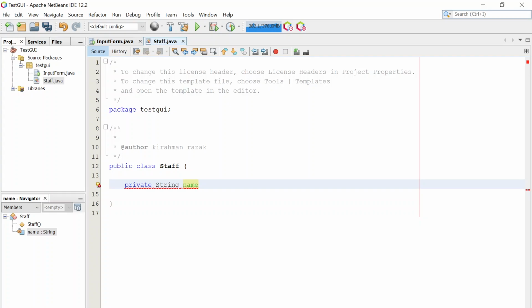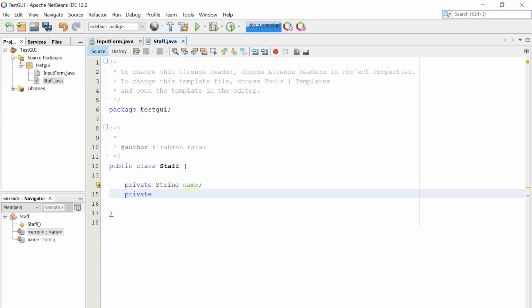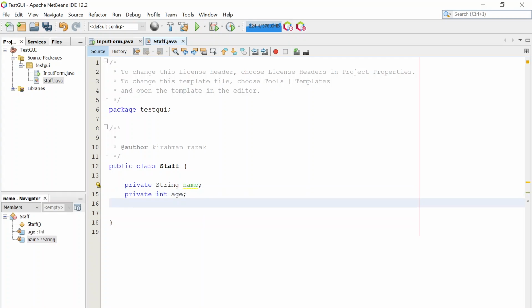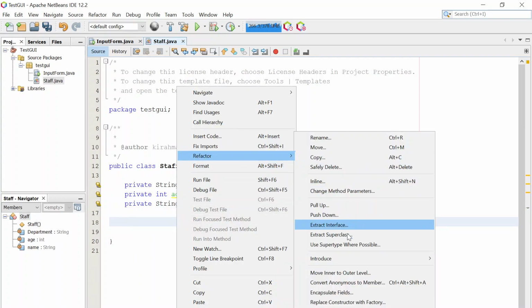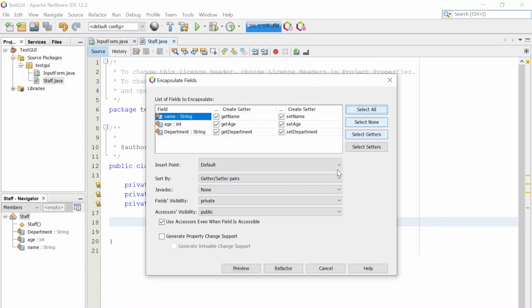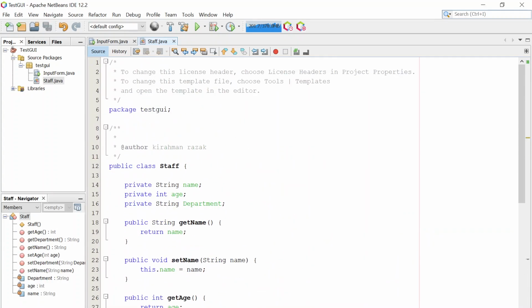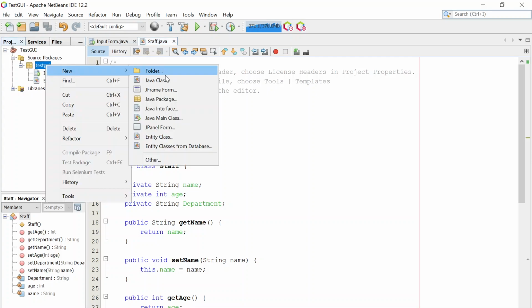Let me do this first, and then private int age, and then I'm creating private string department. Okay, so I'm just creating the setter and getter for all of them. So I have a getter and setter,